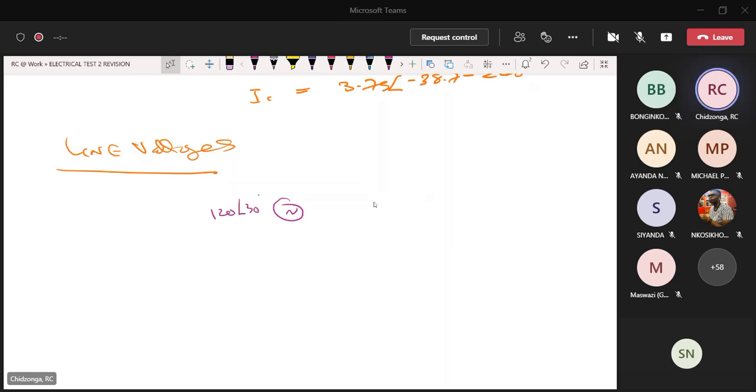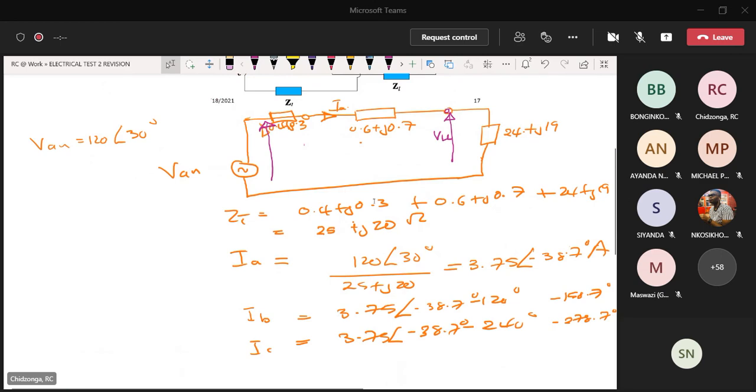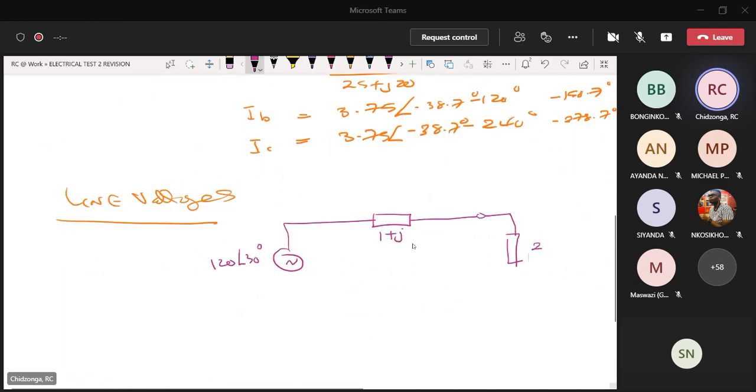120 angle 30 volts. And then this is my source and line put together, which will be 1 plus J. And then my load standing by itself here, which will be 24 plus J19. And then I connect, right? So if I want to find the voltage on the load side, this is voltage AN dash, but on